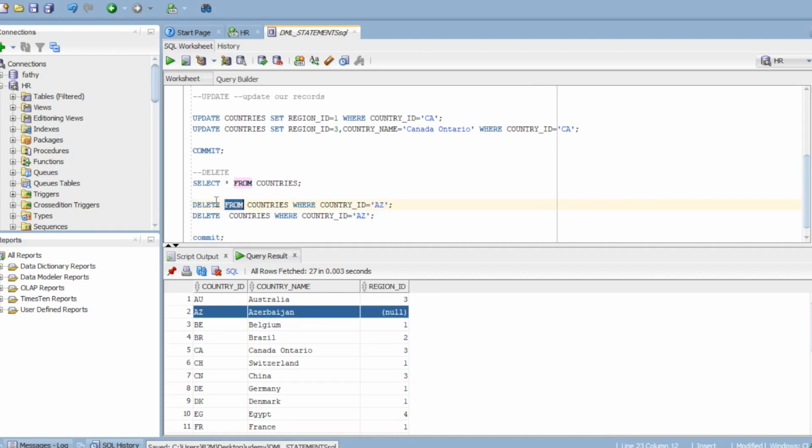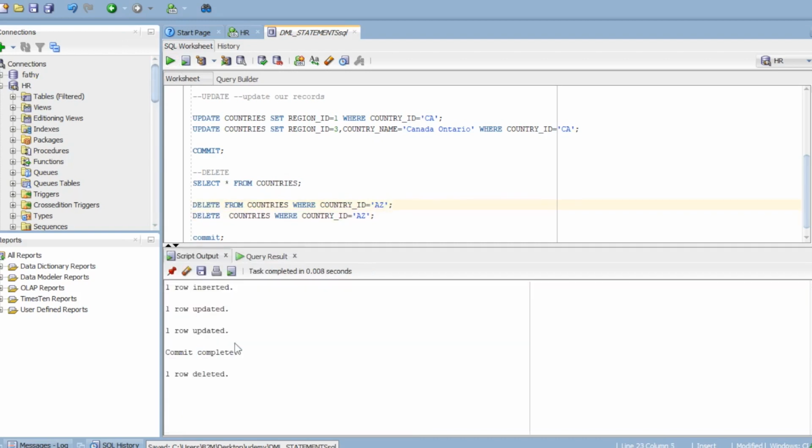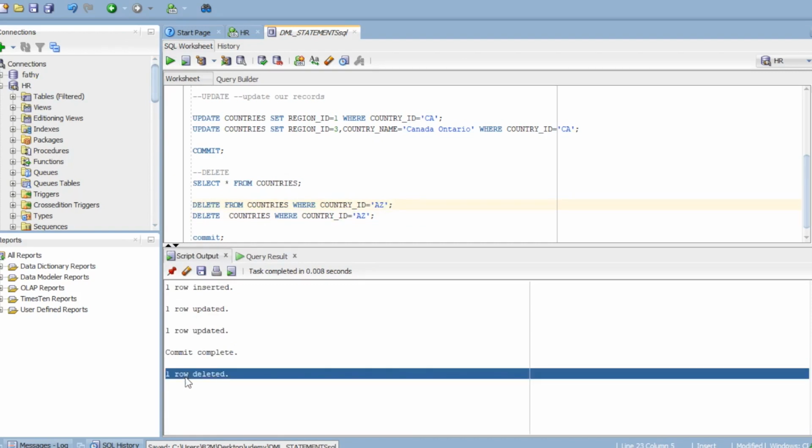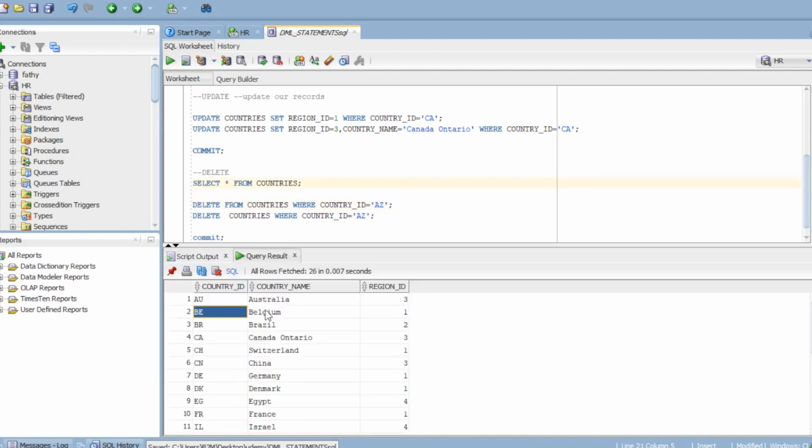Okay, both queries will do the same operation only. Okay, and now I am executing this query. I got a message called one row deleted. Okay, so when I check this table again, that AZ record is not there.